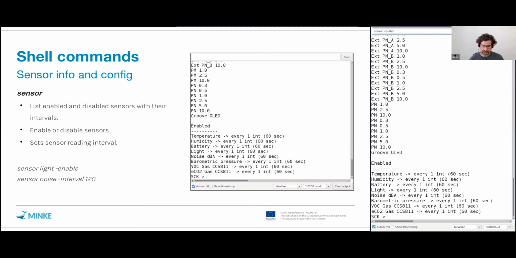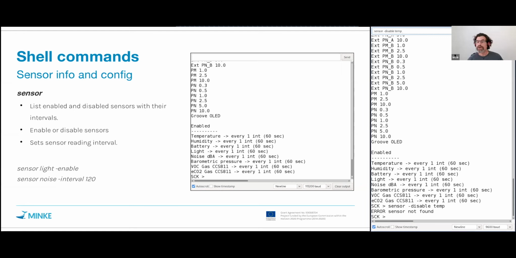One thing to note around sensor names is that you don't have to type them exactly as they are shown here. The kit will try to do its best to guess which sensor you are referring to. For example, if I just write temp, since the only sensor name that starts with those letters is temperature, I'm sure I'm going to get this one. Sometimes there are sensors that have the same words at the start, so you have to type more information so the kit knows which one you're talking about. If more than one sensor has the same initial characters that you type, it will choose the first one it finds. Okay, so if I do sensor disable temp,